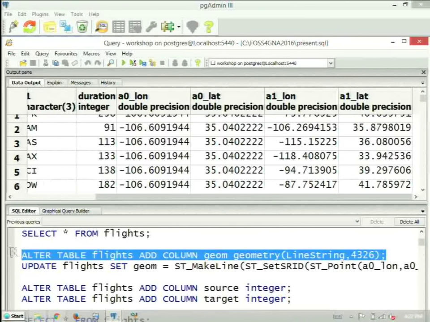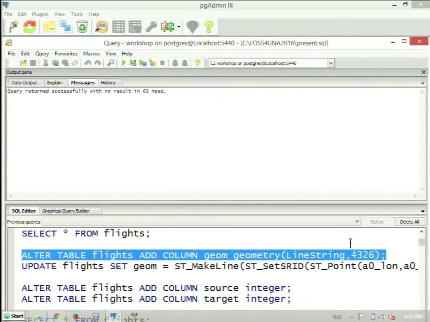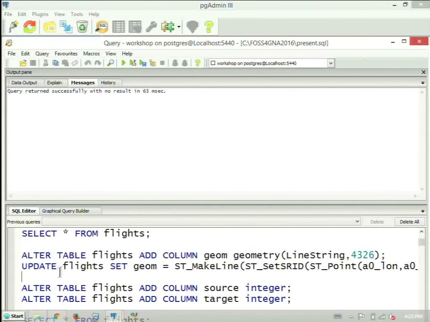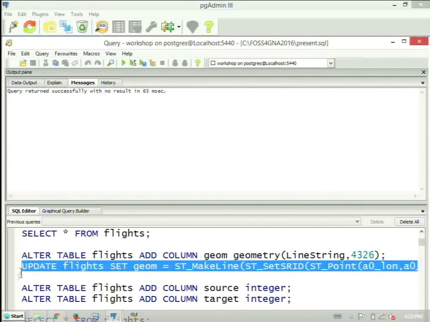So I'm going to first add a geometry column. Okay, and that is simply a line string. And I'm constraining that line string to be 4326, which is your regular longitude, latitude, WGS 84, the very popular one. Okay, and then I'm going to make a line,